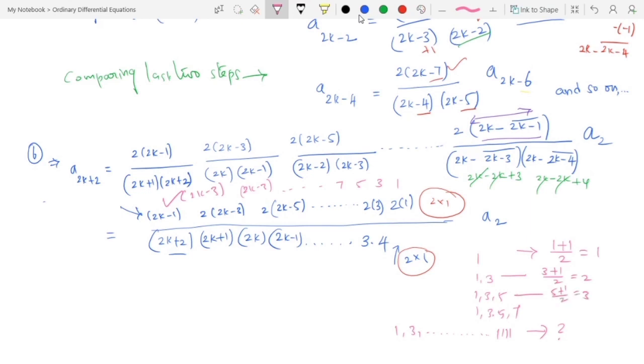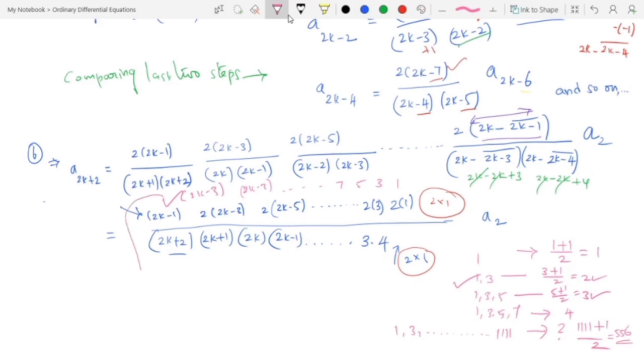So how many terms in the given sequence? 1 term in the given sequence. Here 2 terms in the given sequence. Here 3 terms in the given sequence. Likewise 4 terms in the given sequence. You can calculate here as 1111 plus 1 by 2. That is, there are 556 numbers in the sequence.